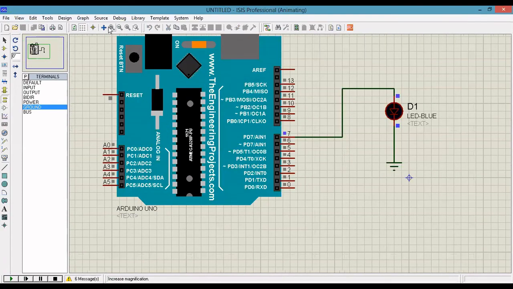So we can see the LED blinking. That is, I am giving a delay. Based on the delay, the LED will be on and off. So if you are giving a small delay, immediately the LED will be on and off. If you give a large delay, it will take some time for blinking. This is all about the timer.